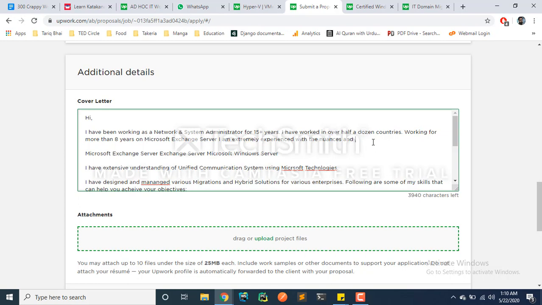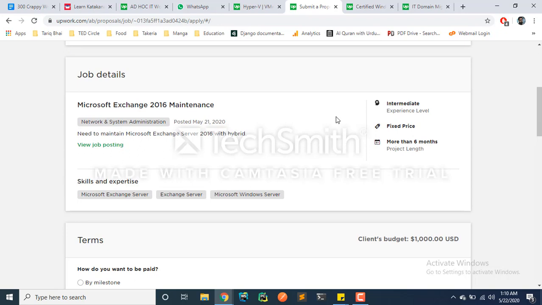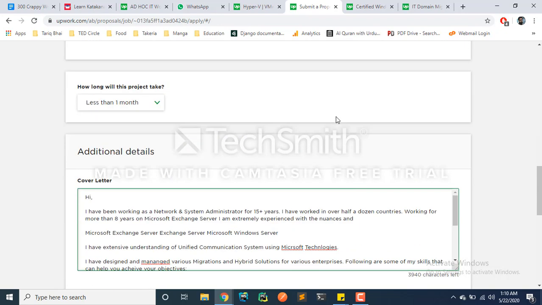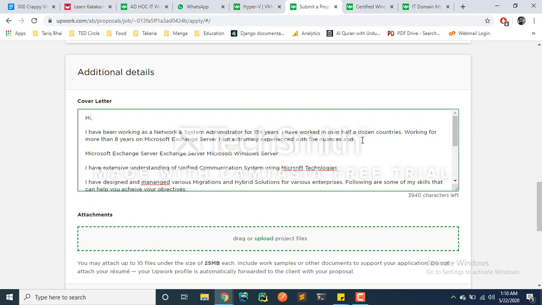I'm extremely experienced with the nuances. I'm extremely experienced with, just a second. I'm experienced with all the nuances of how to maintain